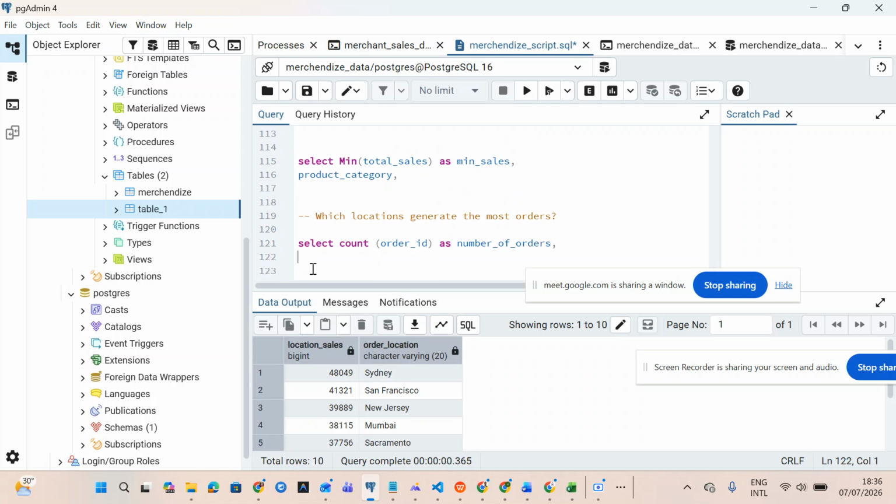Comma, you want to also, this is a count statement, right? Doesn't matter if the bracket is close to it or not. Then sum, want to select another item as sum total sales as